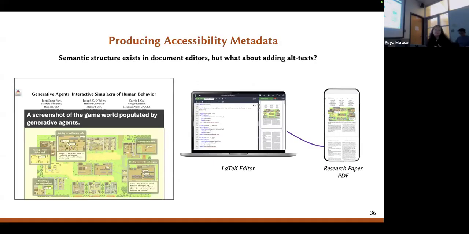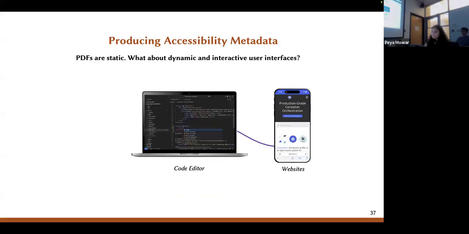So a while ago, I was discussing all of these different kinds of metadata, which we need to preserve. And I talked about addressing a few of those, which can be inferred from the code itself. So things like semantic labeling and the reading order we might be able to understand from the LaTeX code. But what about these kinds of component-specific metadata, like image descriptions? These might not exist in the LaTeX editor, just because the authors might not necessarily add these kinds of information to the code. And things are also static, so it's also easy to identify a single linear reading order.